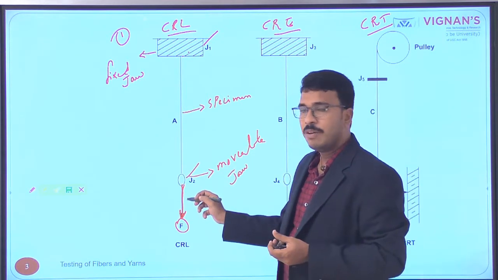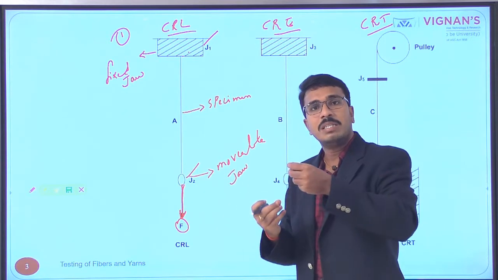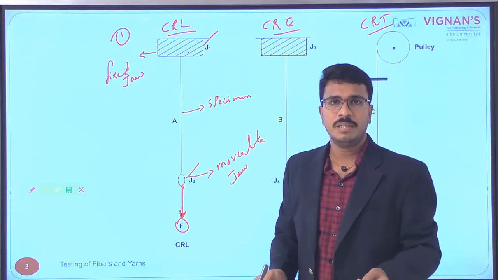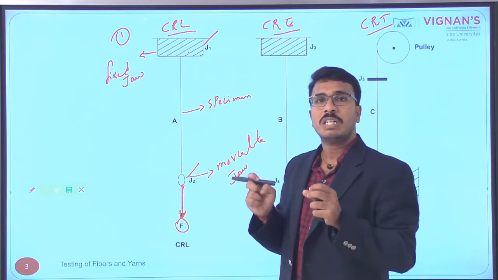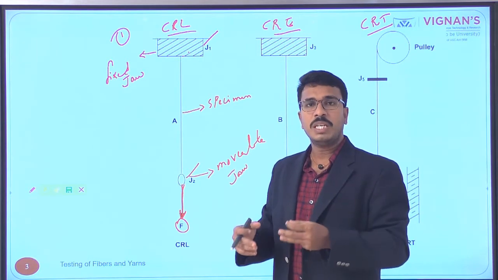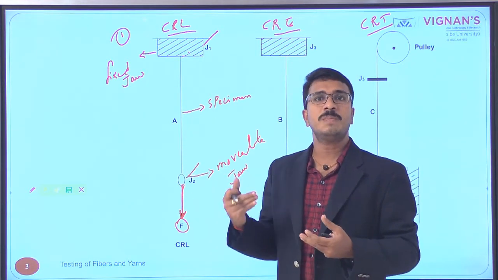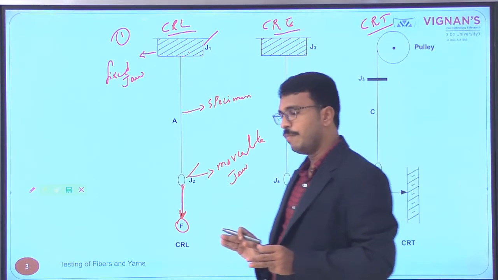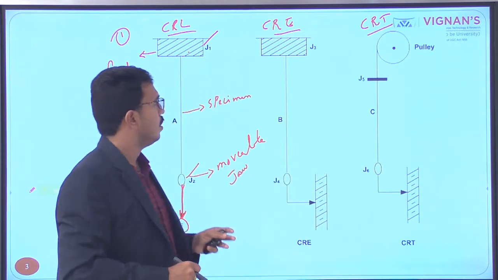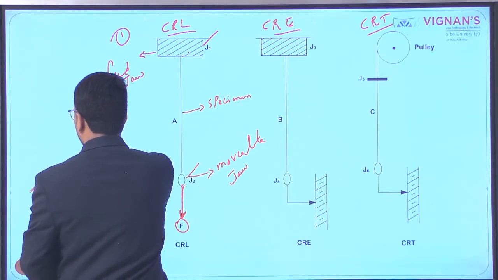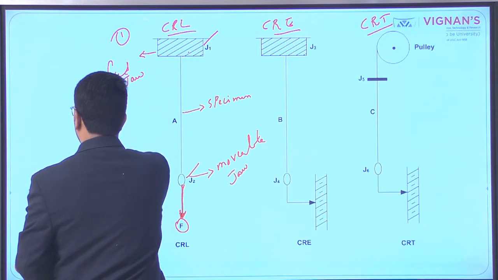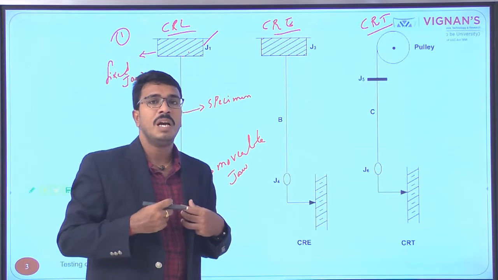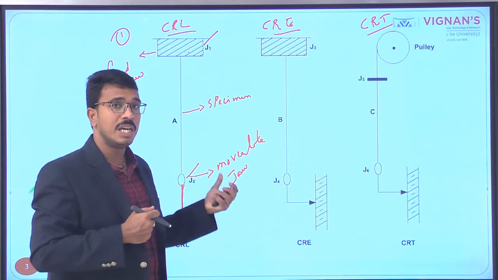Now what will happen is the specimen starts to elongate, and at one point of time the specimen is going to break. Understand? So this is the constant rate of loading. Here the load causes the tension in the specimen to break. Understand? So this is the constant rate of loading principle. Okay. Now coming to the constant rate of elongation. Now you can see carefully.